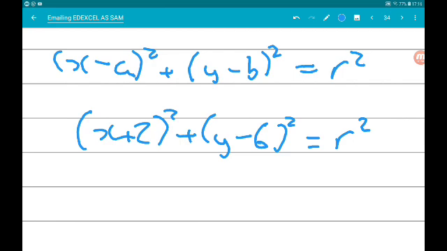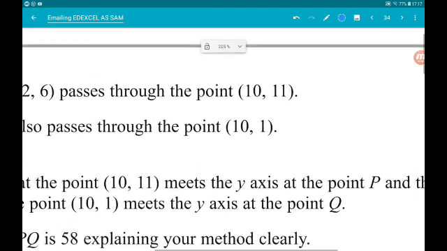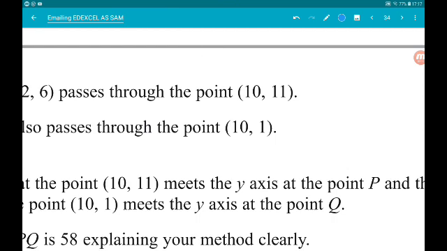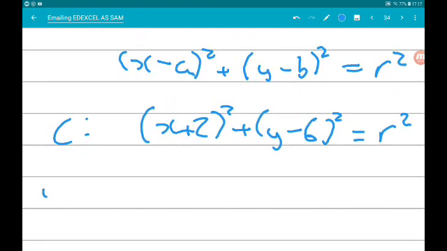Now, what we need to do is find the value of r. The way that we do that is we use the point (10, 11) because we know that lies on the circle. Because (10, 11) lies on the circle, that means x is 10 and y is 11 satisfy the equation. So when x is 10, y is 11, that gives us